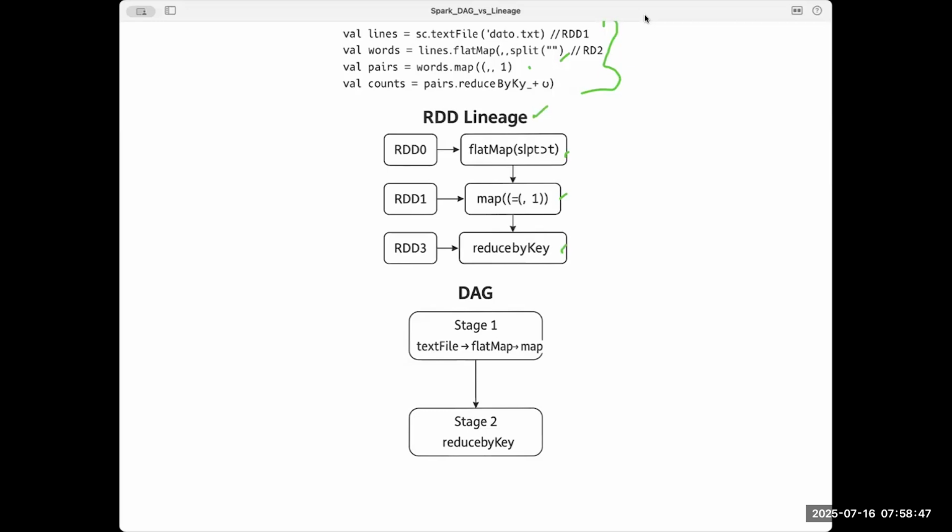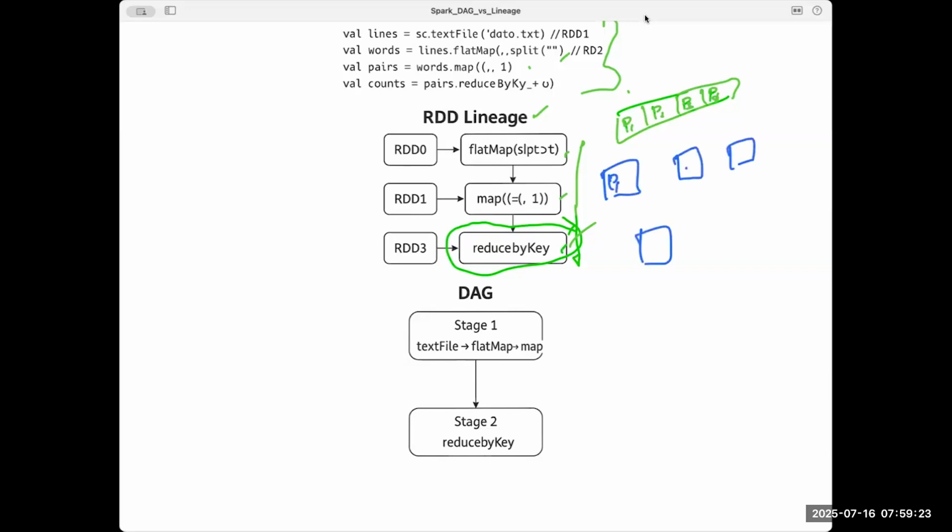RDD lineage, I told you, right? RDD is resilient, meaning if something fails in between, it will automatically recover. Let's suppose the RDD was doing these steps, and while doing this step, it failed. Let's suppose you have 1 GB of data, then it will create 4 partitions out of it, P1, P2, P3 and P4. Let's suppose these partitions were running on multiple worker nodes.